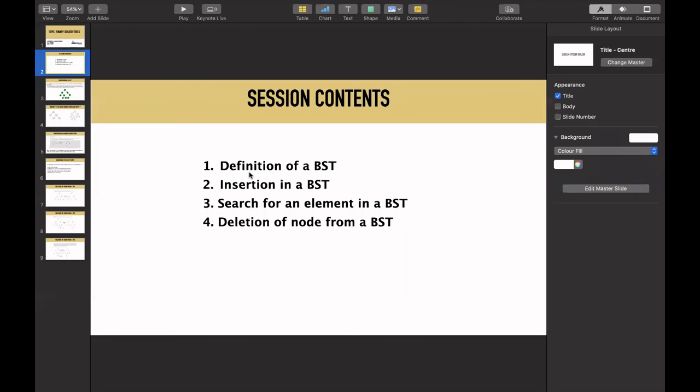Again, you can probably look for problems on binary search trees on LeetCode, or maybe on HackerRank. I don't know about CodeChef and Codeforces, because you don't really find questions on binary search trees, binary trees, and maybe linked lists.